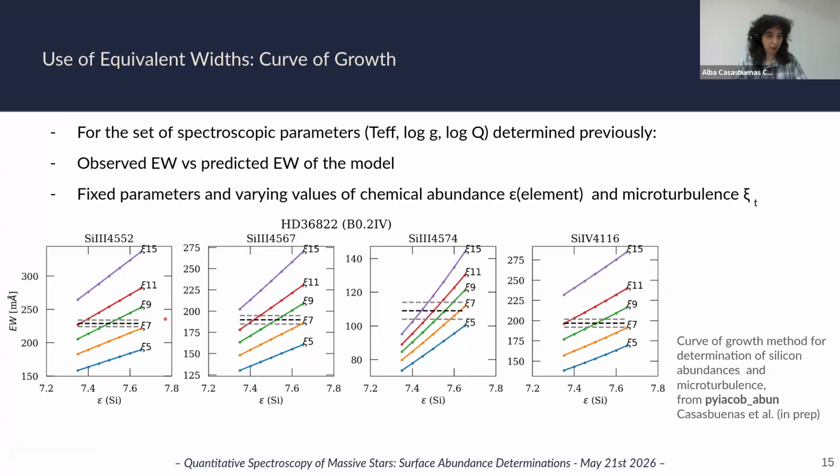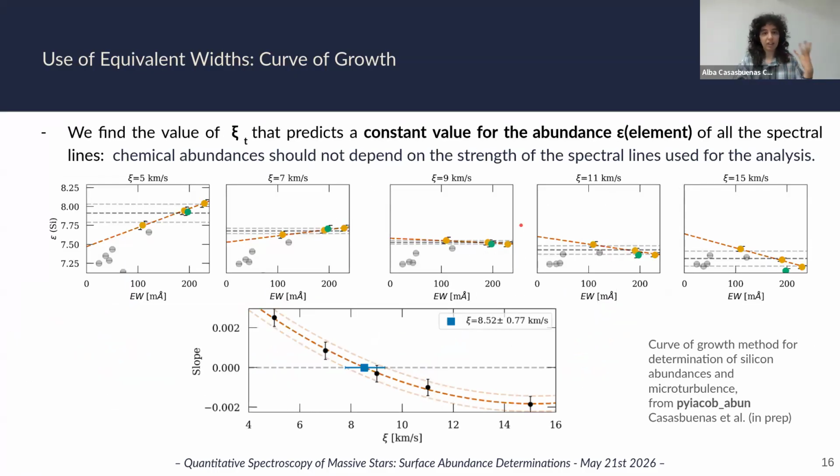So using these graphs, these curves of growth, we can see which values of microturbulence and abundance are compatible with the observed equivalent width of the observed spectra. We do this for all of our diagnostic lines, and then once we've done that, we can try to find the value of the microturbulence that predicts a constant value for the abundance of all of the lines. Here we have this example. We have in the top different panels for different values of microturbulence,